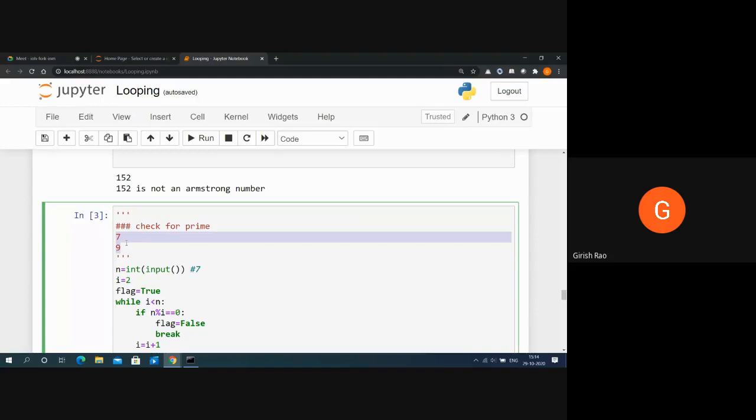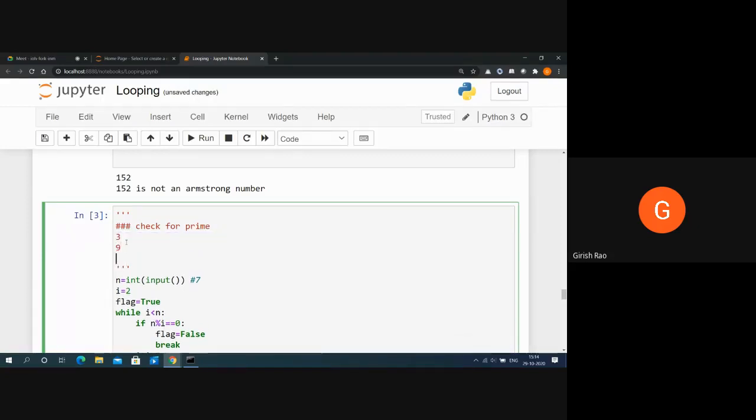Let's say number of test cases is 3. First is 9. So what should be the output? 9 is not a prime number. Let's take 17. It should display 17 is prime number. Okay, let's take 8. 8 is not a prime number.